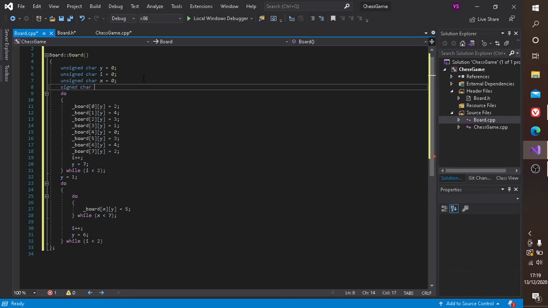Signed char pieces, and it's going to be of length 8. No, not 8. 6. And how do you do array instantiation? Just that? I think, yeah. So it's going to be